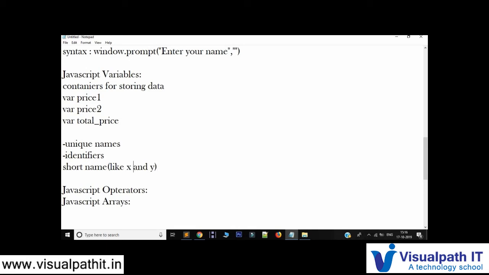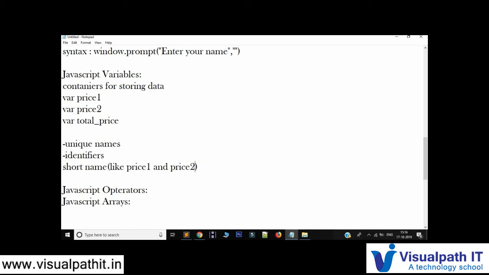So in place of X, we'll take price1, price2, or more descriptive names like age, sum. Even in this you can name the product, like rice, so rice price1. So these are more detailed names, but always remember to keep them very simple. Don't make the names too long.